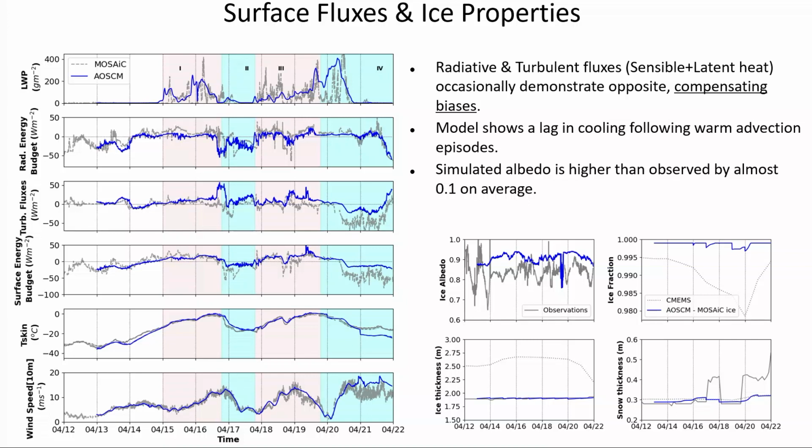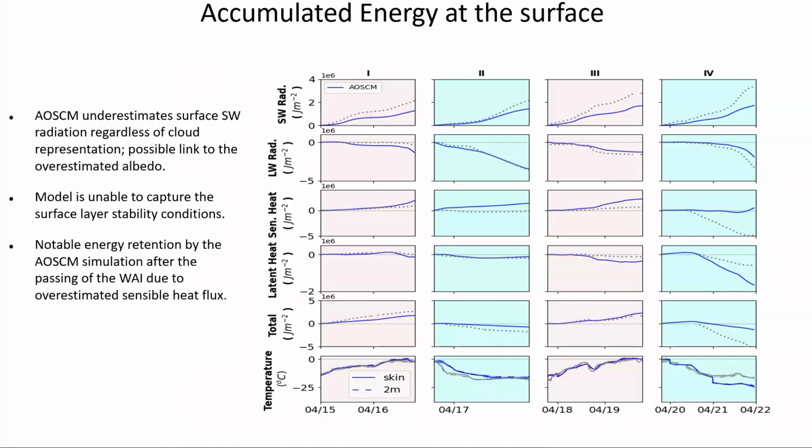There are still some areas of concern, let's say, like when we have these compensating errors that other people have mentioned too, and we are not entirely sure why and how they arise and how to treat them. But also we have some periods where the model is consistently underperforming, and these are these blue shaded periods where in observations we see that the surface is supposed to be cooling, but this is not what we're seeing in our model simulations. The model doesn't lose as much energy as it's supposed to, and that is more apparent here